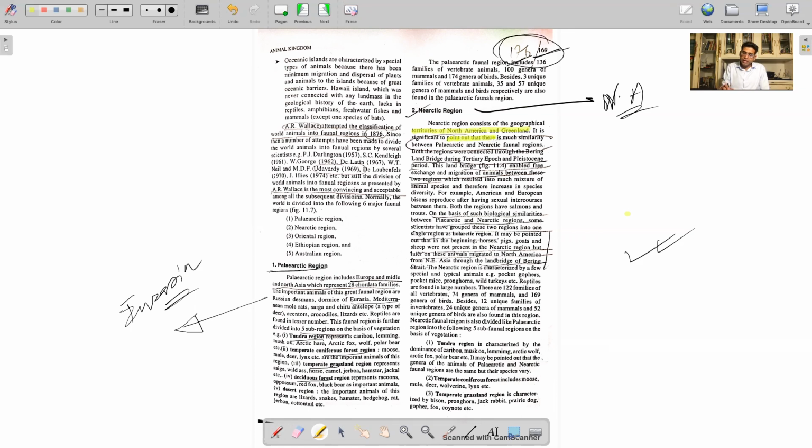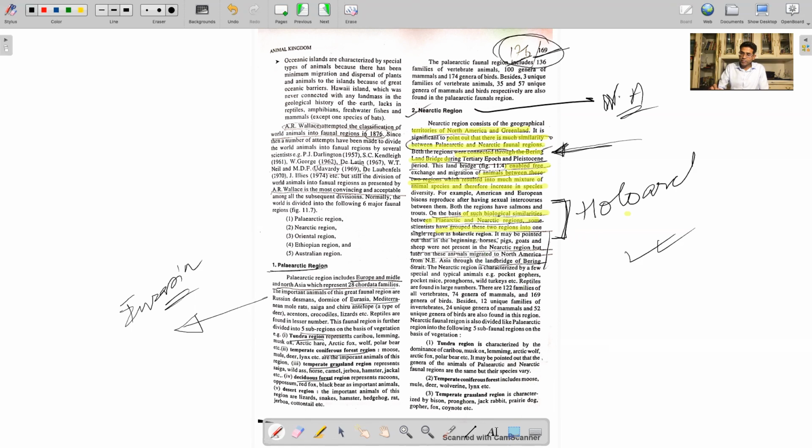There is much similarity between Palearctic and Nearctic faunal regions. Both were connected through the Bering Land Bridge. We talked about the Bering Strait here. The Bering Land Bridge enabled exchange of the two regions, a mixture of animal species. Otherwise, on the basis of similarities, these regions are put into one region, that's why we refer to this region as